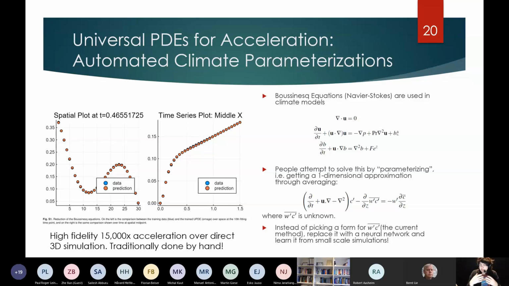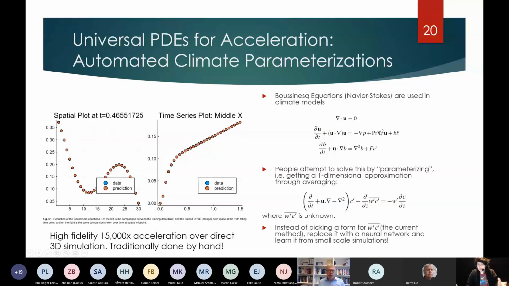What we can do there is take an XY average throughout the Navier-Stokes equations. So you take an integral of this equation, and if you do that, you can get a one-dimensional partial differential equation, which approximates the 3D equations. But you can't actually close this equation. You get a one-dimensional PDE, but you get infinitely many one-dimensional PDEs that are required to be solved in order to get this equation.